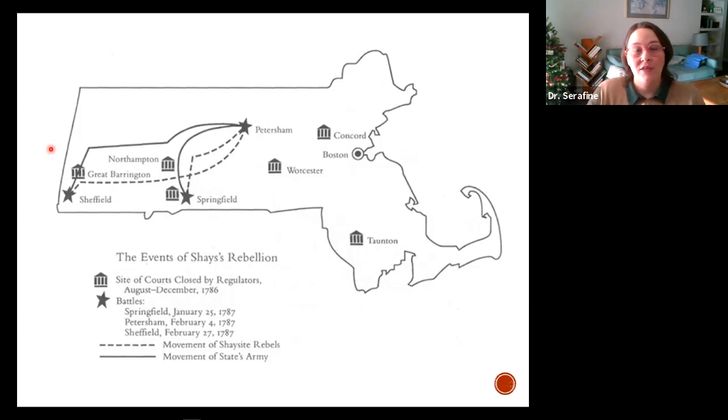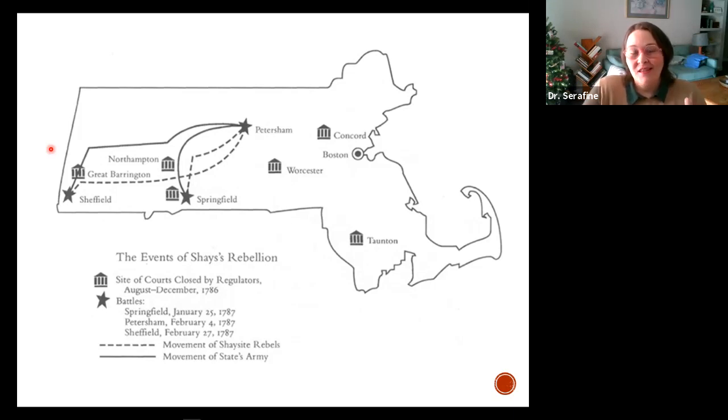Taxes are very high. They're losing their farms. They're being foreclosed on and being evicted. But wait, why are taxes so high? You remember those bonds that farmers sold for pennies on the dollar to wealthy people in Massachusetts? Those wealthy people are friends with the governor, who's also wealthy. You remember the Massachusetts Constitution? You have to be really, really wealthy to be the governor.